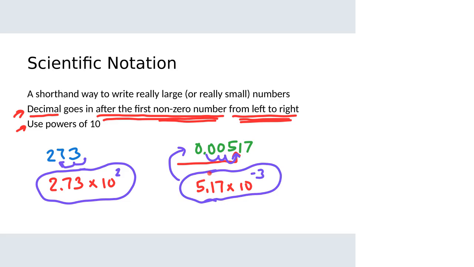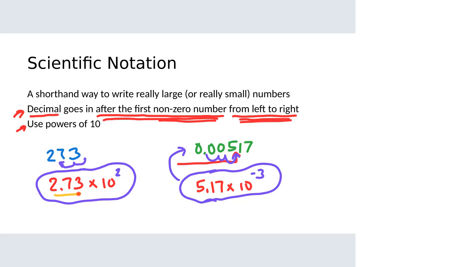One thing I want to say before I have you practice a couple of these: some students are good memorizers, and they memorize this by saying, well, if I move the decimal to the left, I'll use a positive exponent. If I move the decimal to the right, I'll use a negative exponent. There's nothing wrong with that. That's perfectly fine. I'm not really a big memorizer, so the way that I would think about this instead is,